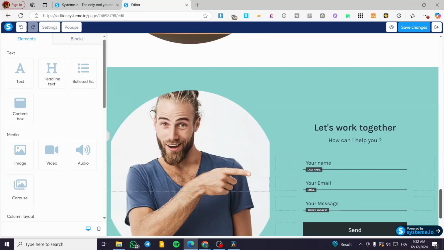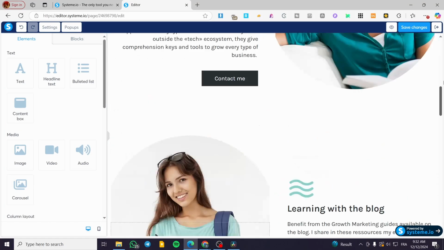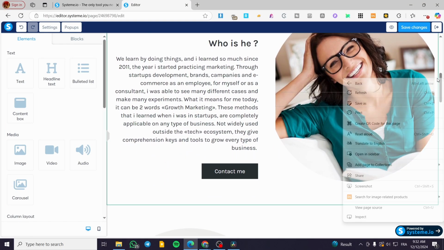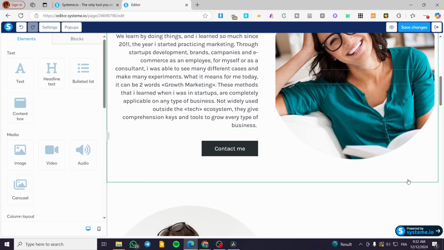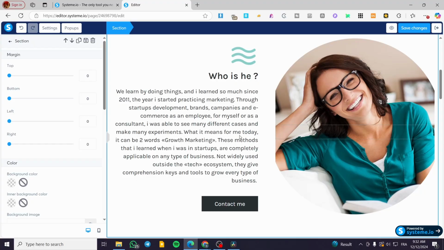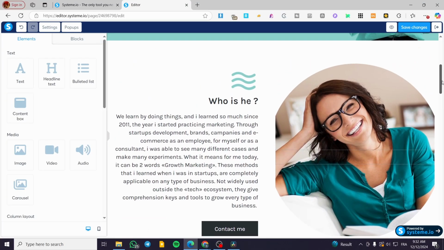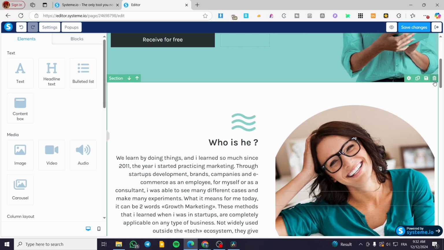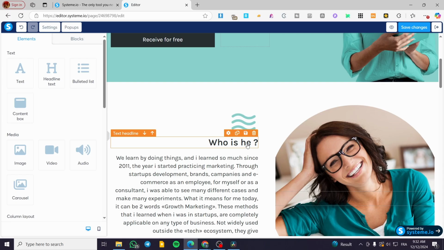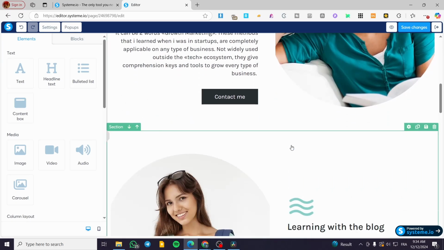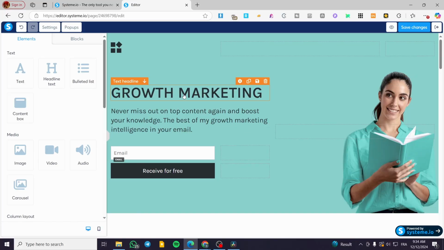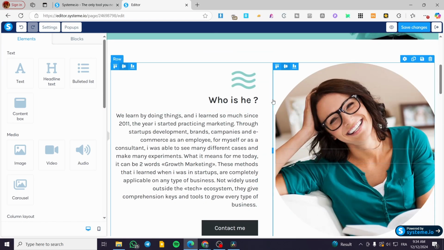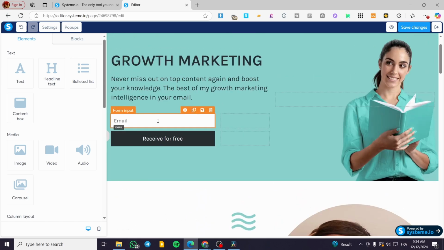Now we have a lot of sections, as you can see, and these sections are going to be different. Some of them are going to have an identity for putting up some information about the subscription or whatever you want. For example, you are going to put a definition of the work or the services that you are going to provide, or what the subscribers will get when they subscribe to the newsletter